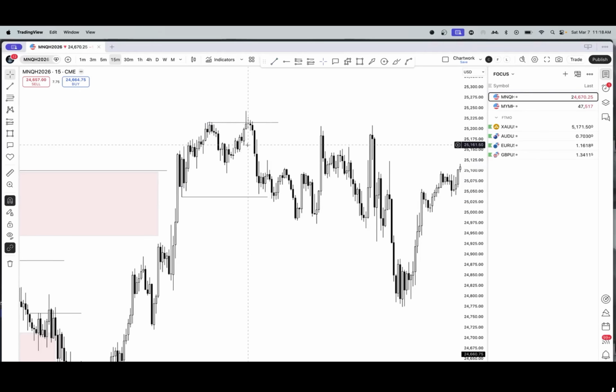So I don't have to be too intricate here because I have a liquidity block here. So as soon as I see that internal taken, and look at how we have this sort of reaction here, respecting that. It doesn't really induce lower, but it just shows me we have sellers trying to sell this early by respecting that. So I grab that high